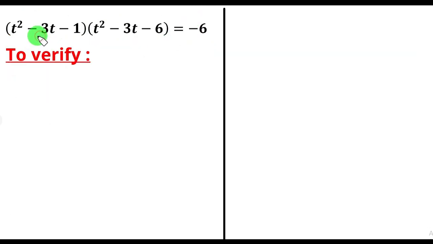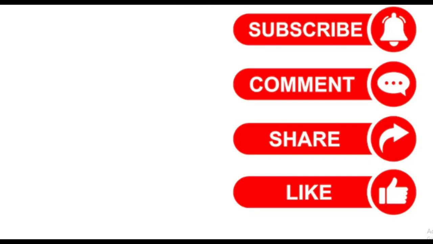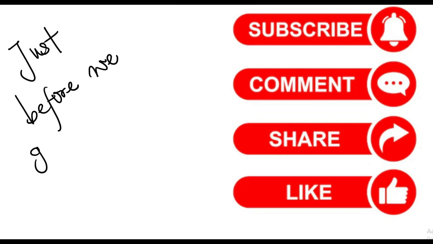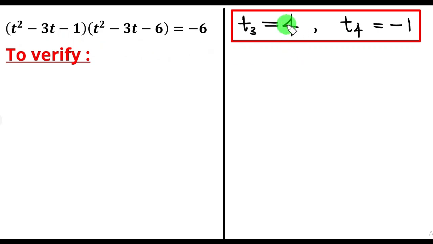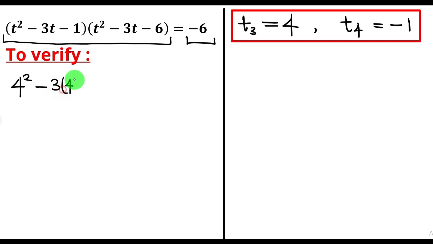and check if the left hand side is going to be equal to the right hand side. In order to verify this, if we go back to the whole number where t3 is equal to 4, then t4 is equal to minus 1. What we're going to do is insert 4 wherever t is and confirm if this left hand side is going to be equal to the right hand side. So I have t squared, or t is equal to 4, so I'm writing 4 squared minus 3 into 4, then minus 1, all in parentheses, then another t squared, which is, since my t is 4 now,